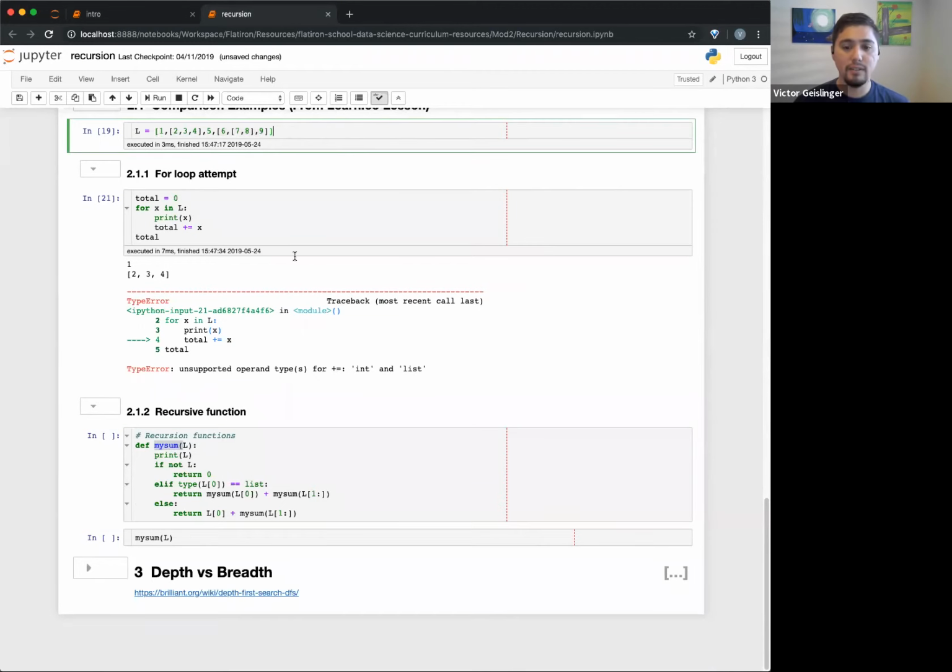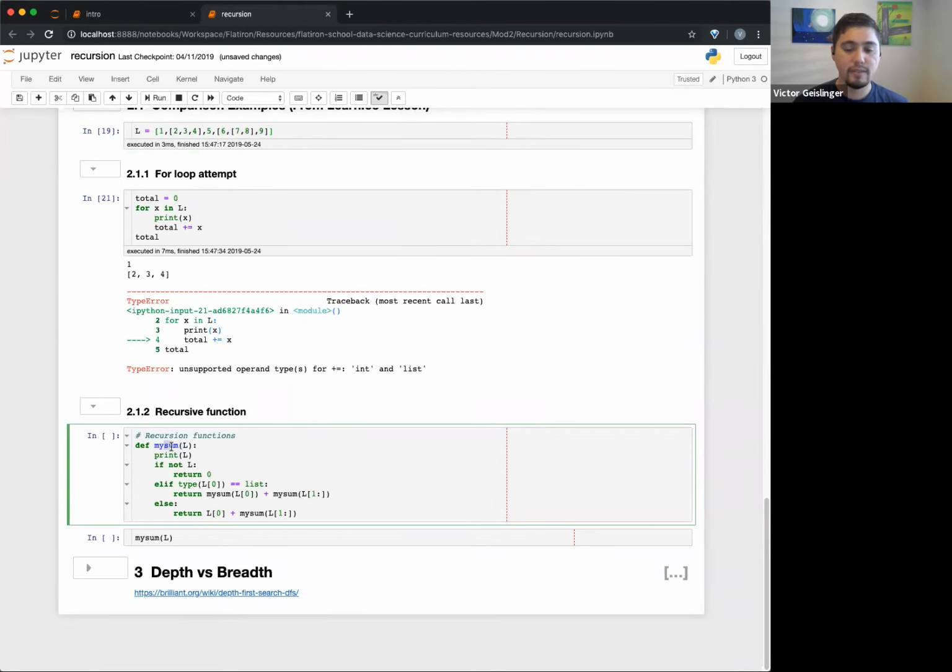We still have this L, right? And we can define this function, and in this case I put this print so you can actually see what's happening. Basically it says, all right, if L isn't, what's it called, not L, basically it's not 0, it's not an empty list,